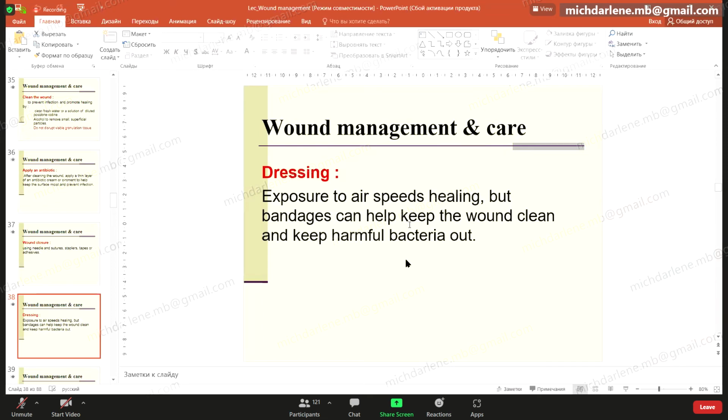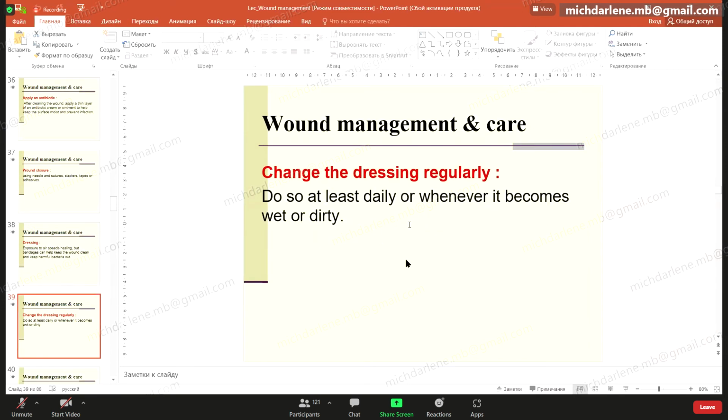Don't use your dressing or syringes to treat this wound. Maybe if you want to save the patient's life in this situation. And in others, please use the wet dressing. Change the dressing regularly if this wound has some exudates, and you forget about your patient for 2 or 3